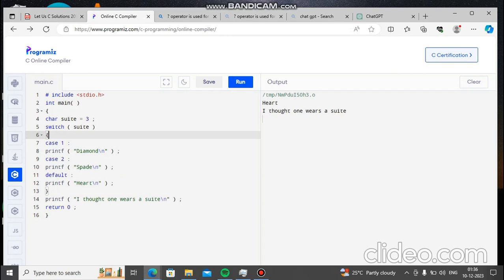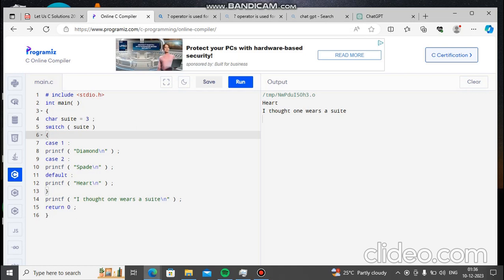The switch cases are: case 1, if suit is 1, it prints diamond and falls through to the next case. Case 2, if suit is 2, it prints spade and falls to the default case. Default, if suit is neither 1 nor 2, it prints heart. After the switch statement, there is a print statement outside the switch that says I thought 1 wears a suit. This statement will be executed regardless of the value of suit. The output of this program will be